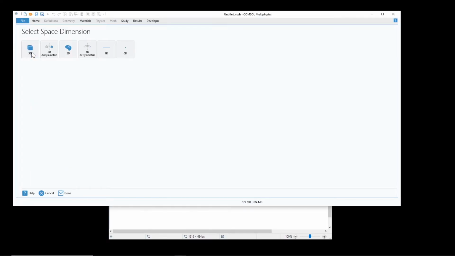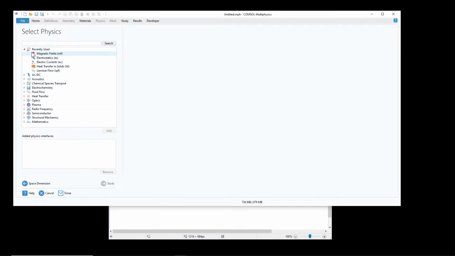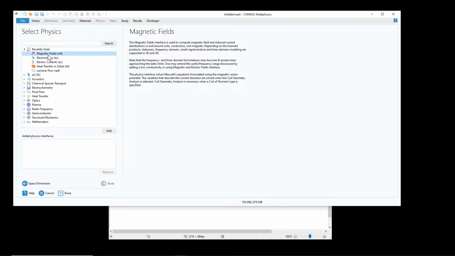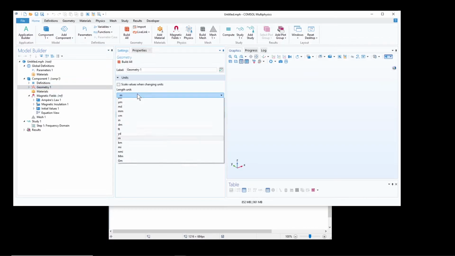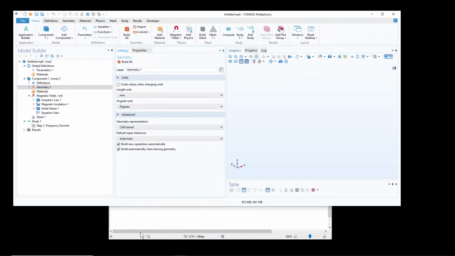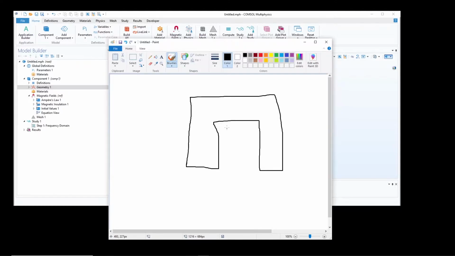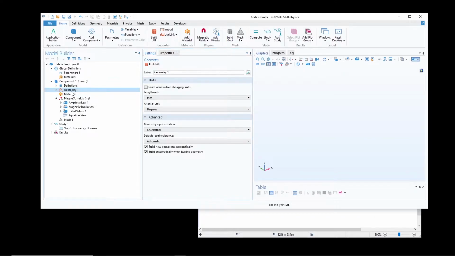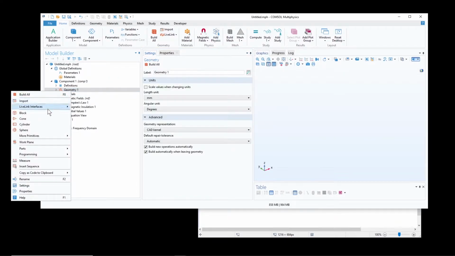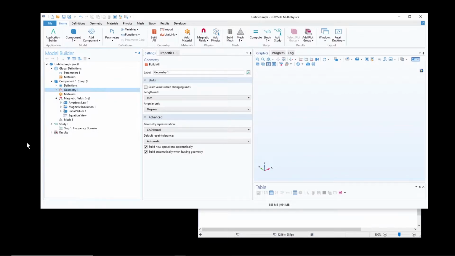Okay, so now I create a 3D model. In this example, we are only going to draw the geometry, but anyway, I select the physics and study, but we are not going to study anything. Okay, I select the unit to be millimeter. First, I'm going to create this profile and then I will extrude the profile to create half part of the core, and then we mirror it and we'll create the other half. So we use a work plane,